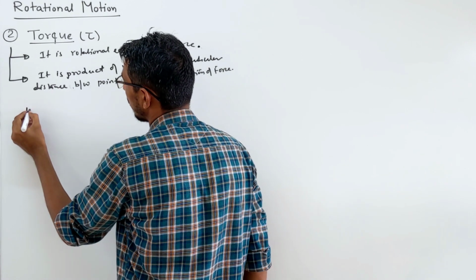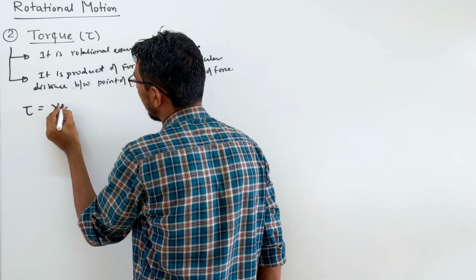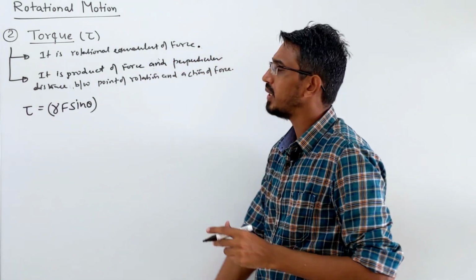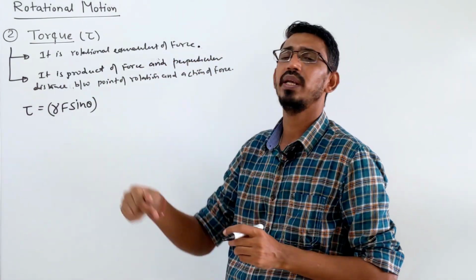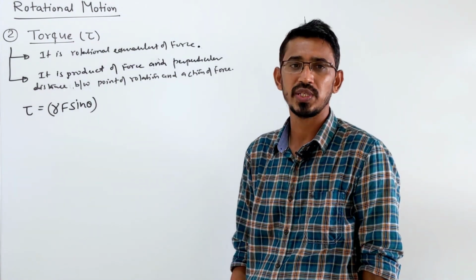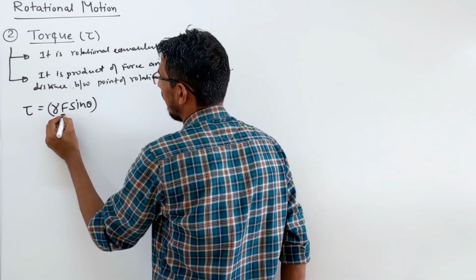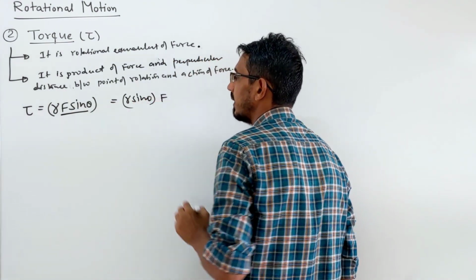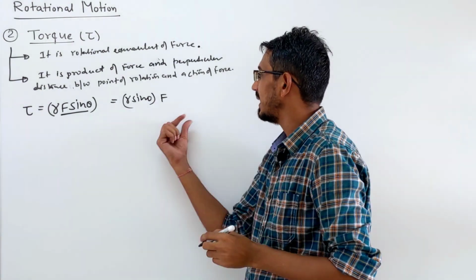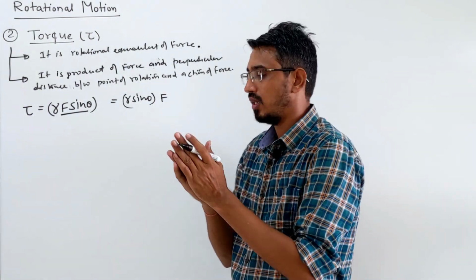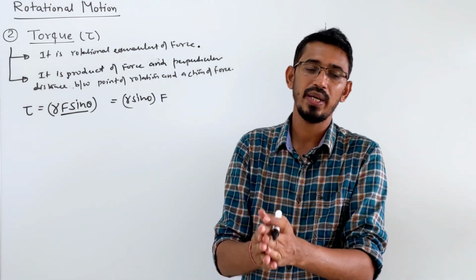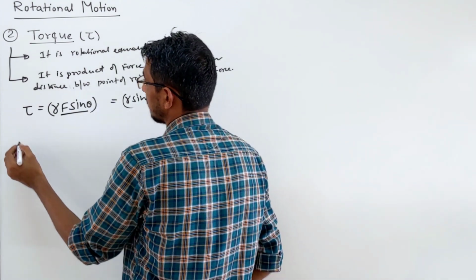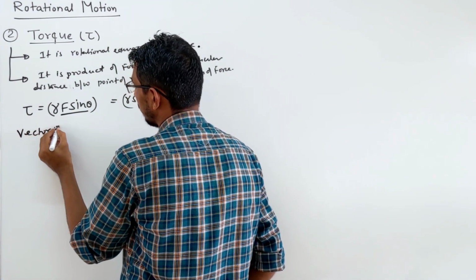Let's write it in terms of maths. How do you write the formula? Torque is simply equal to r F sin theta. Actually, it's not always that you take the distance as perpendicular; you can take the force perpendicular to the distance. You can write F sin theta, or you can write r sin theta into F, that is also okay, right? It doesn't matter. You can take the distance perpendicular to force or force perpendicular to distance, whichever component you write. But when you write in vector form, this is very important.